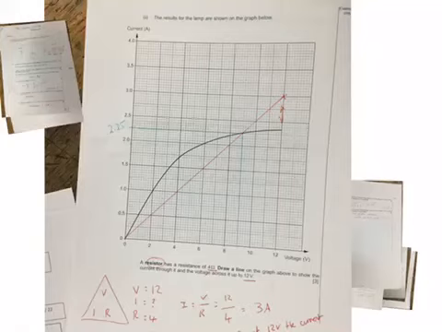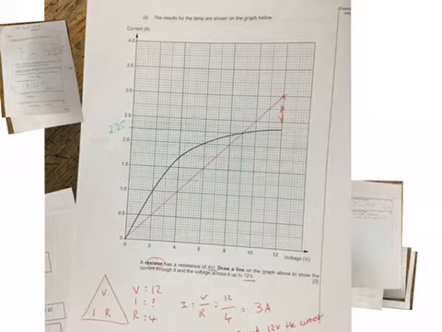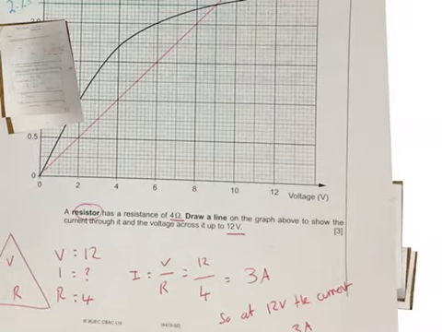Okay, so we're back for part two. And we're looking at this graph. We kind of spoke about this. We haven't got this line here yet, but we're going to have. And if we read the question, a resistor has a resistance of 4 ohms. Draw a line on the graph above to show current through it and the voltage across it up to 12